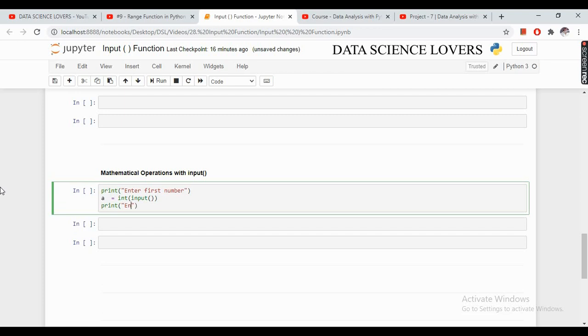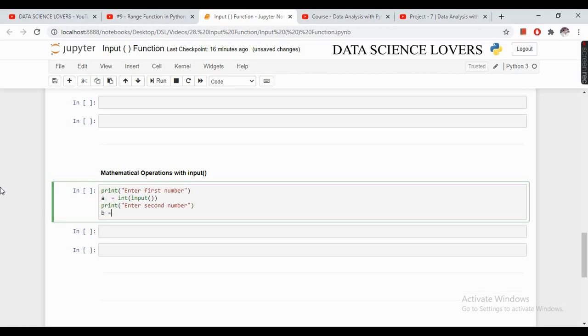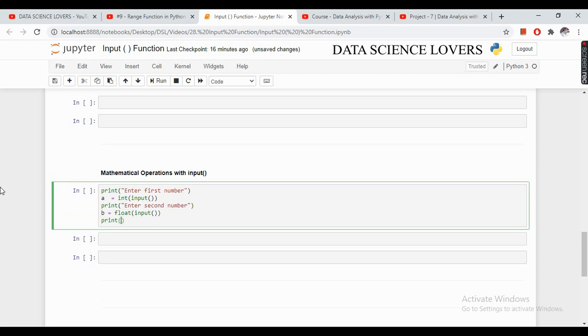Then we will ask the user to enter the second number, and the second number will be saved in the variable b, and it will be in the float format or float data type. And in the third row we will print the sum of a and b, like this.